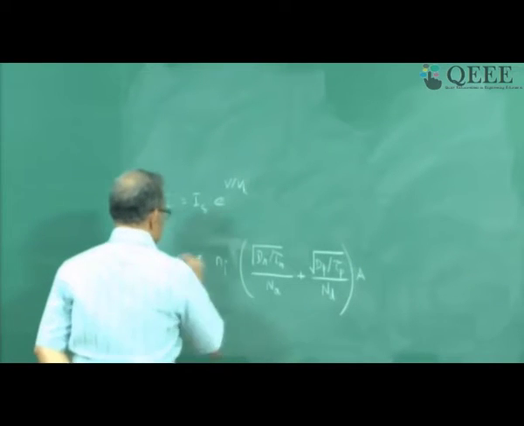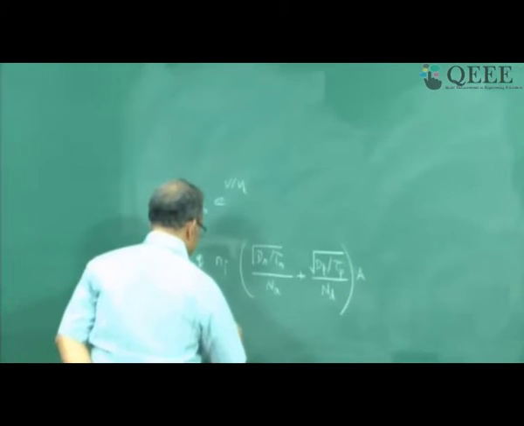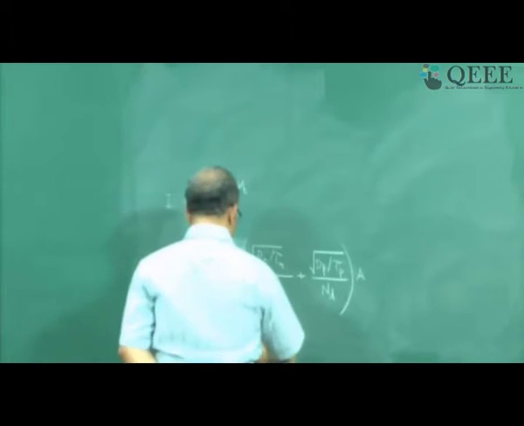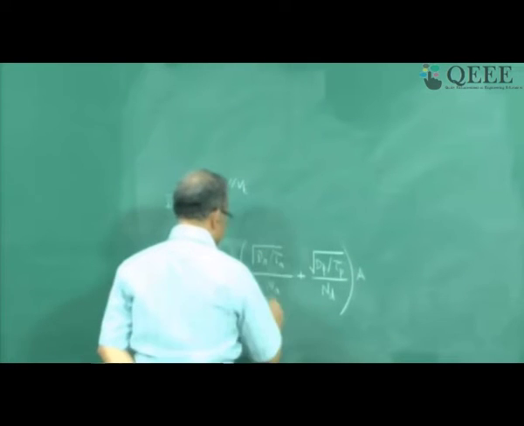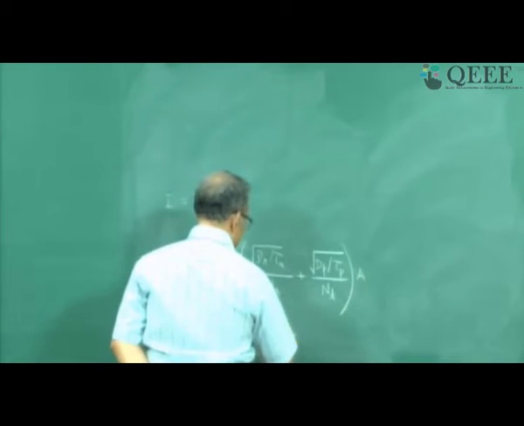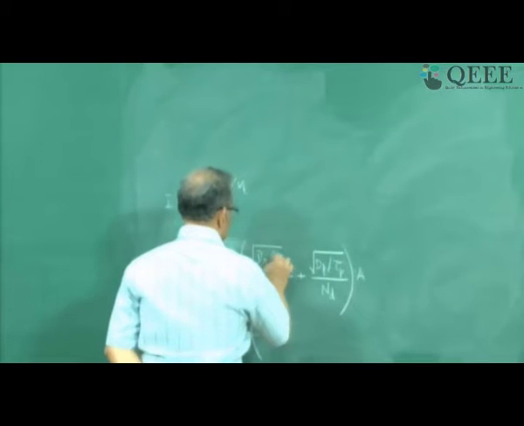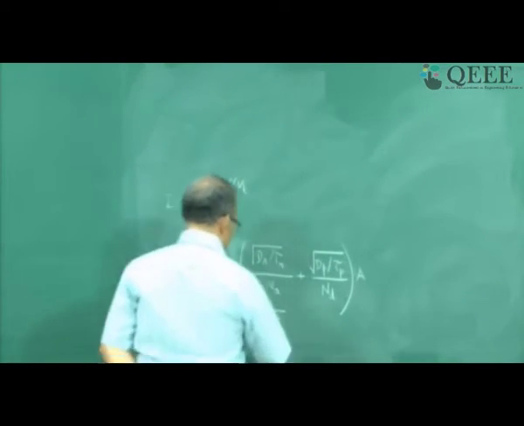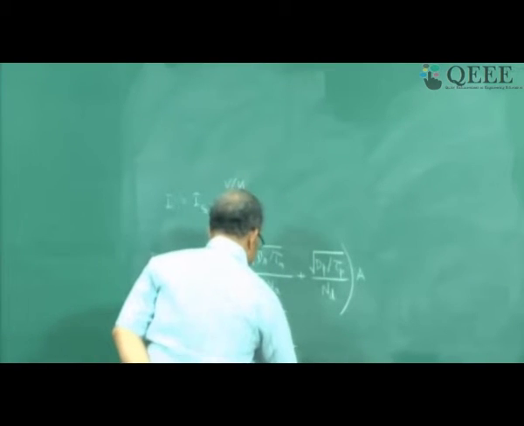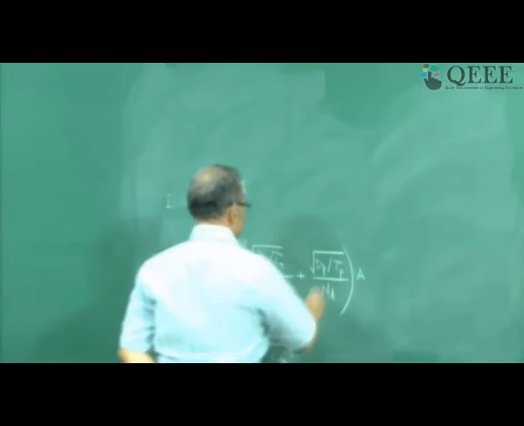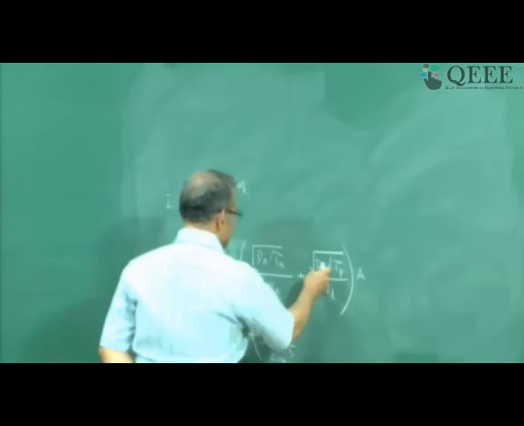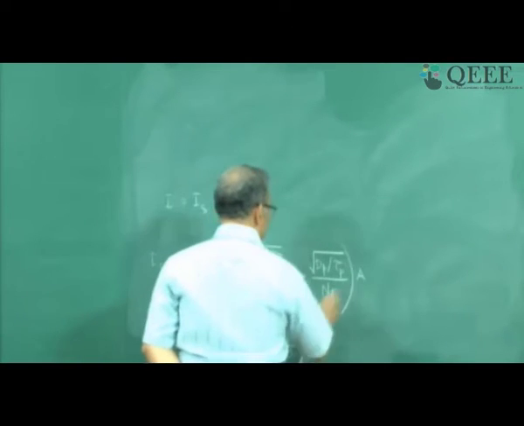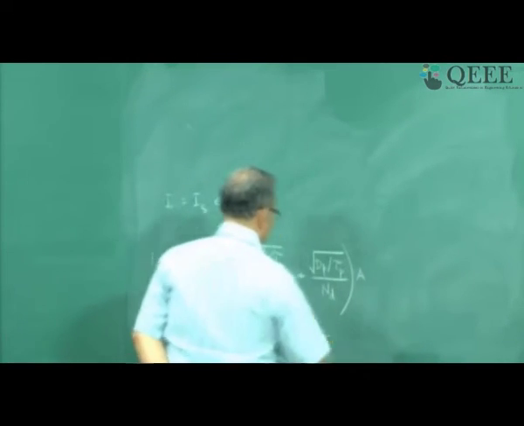Now let me put the units. Q is coulomb, Ni is per centimeter cube. Then I go inside the bracket, Dn is centimeter square per second and tau n is seconds, and this is square root by doping, this is per centimeter cube. Now this will have the same units, so I am not writing these units separately because as far as units are concerned this is the same. So A is centimeter square.